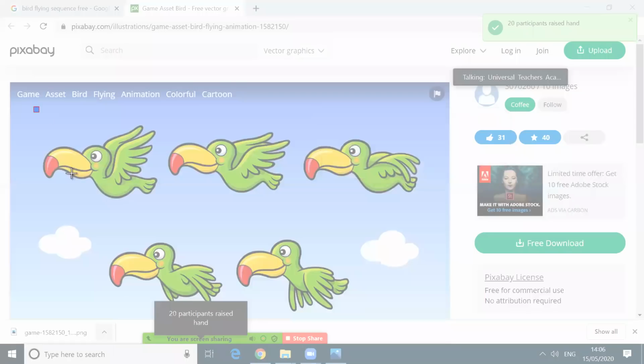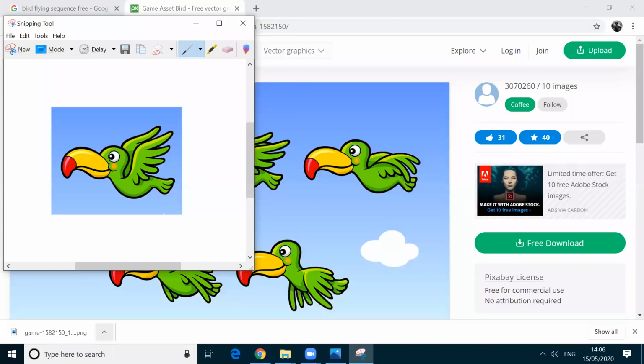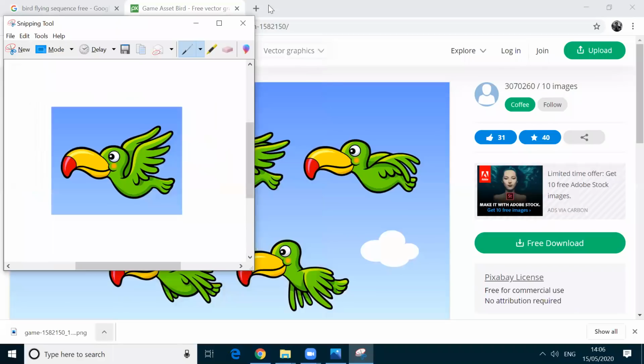Now I'm going to select this image. What I'm cropping it. See here, this snipping tool is ready. Now I have made one image. Now I'm clicking the file and then I'm going to save it as bird one in my desktop, and I saved.